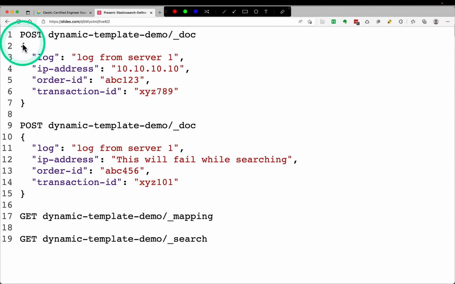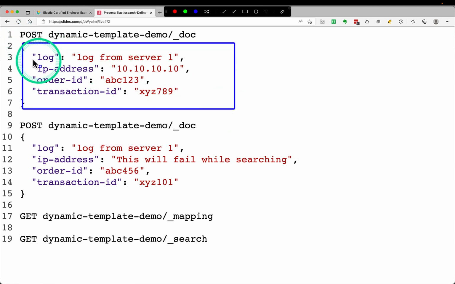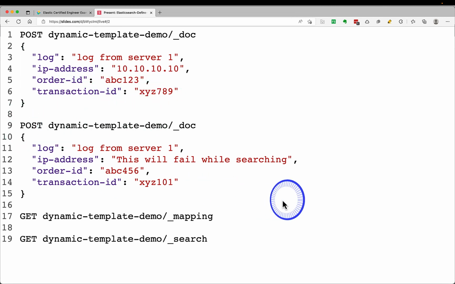So here I'm sending one record. This is a JSON. The log is not related to that, but for IP address, for example, I have given IP dash, so this will become field type IP. It wouldn't become text or keyword, which is usually the case. The second one is order ID. If there were no dynamic mapping, it would become text and keyword, but in this case it would be only keyword. And the same for transaction ID. The second record is a similar case, but